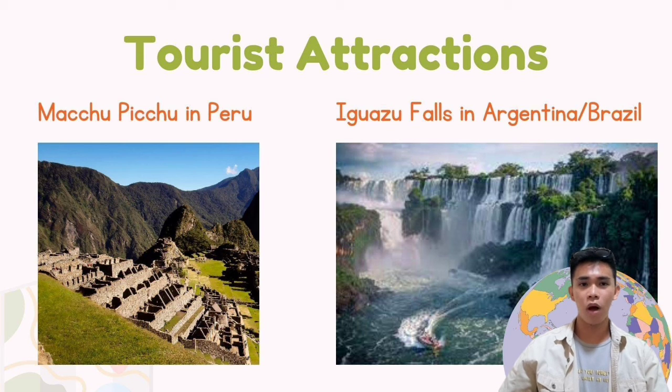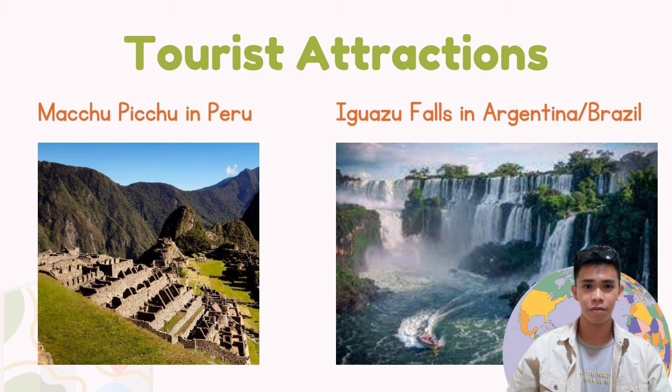Second, Iguazu Falls in Argentina and Brazil. The combined flow of these individual falls is the largest of any waterfall in the world. In the rainy season, there can be 450,000 cubic feet of water cascading over the falls per second. It's so majestic, so powerful, and so spectacular that most visitors can't help but stand there with their jaws dropped.